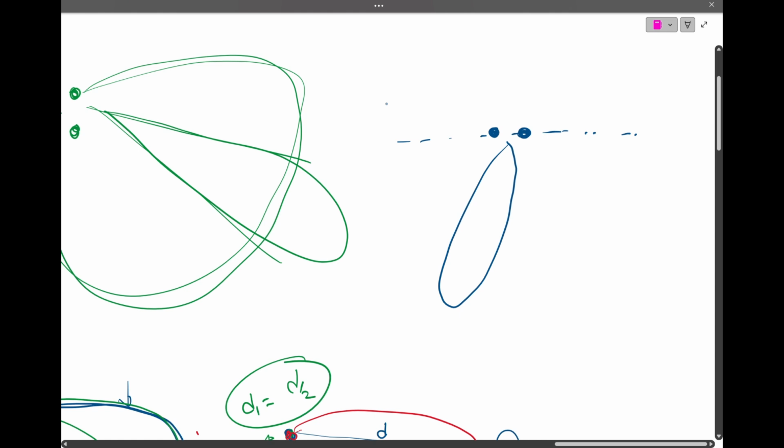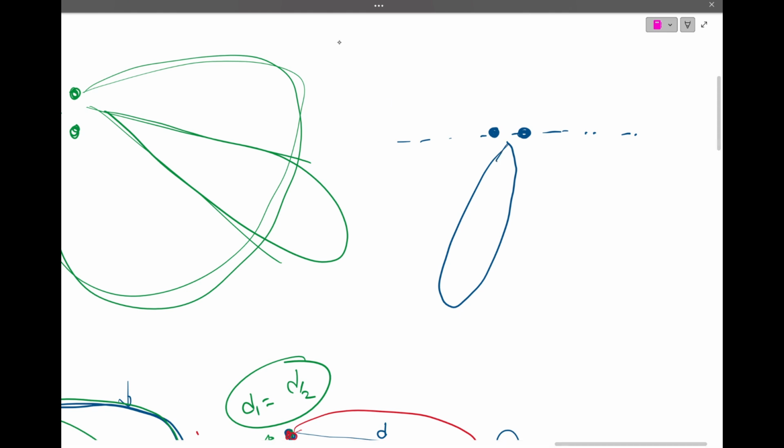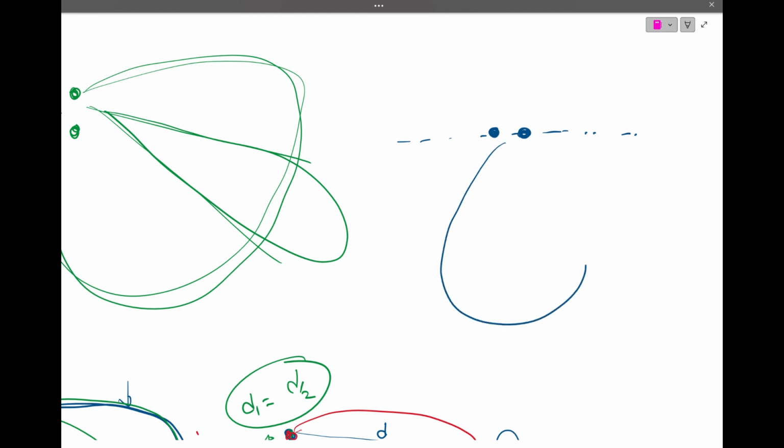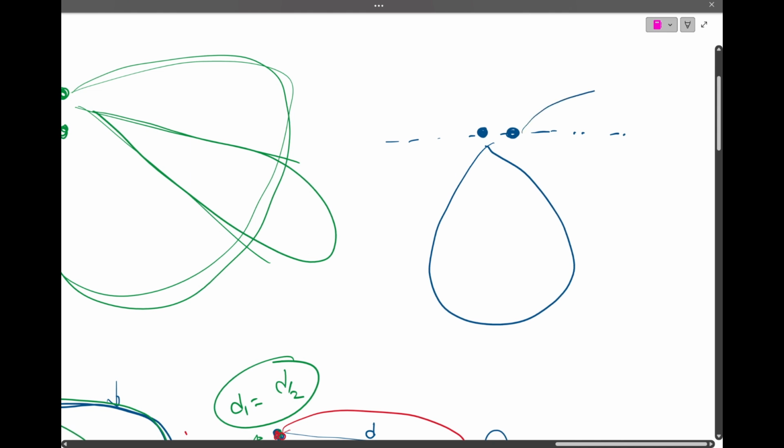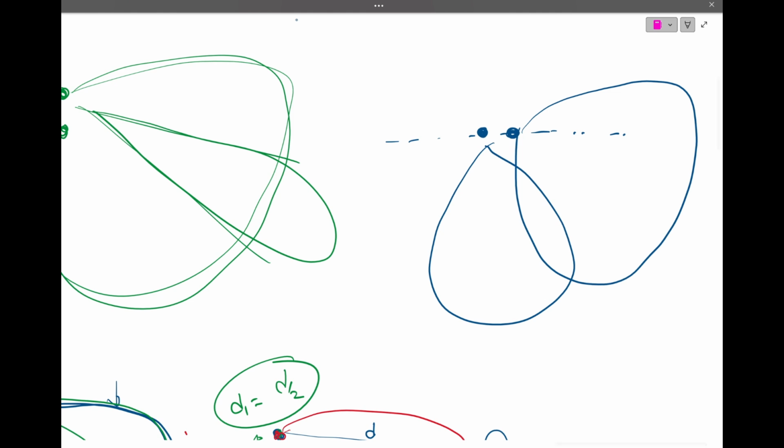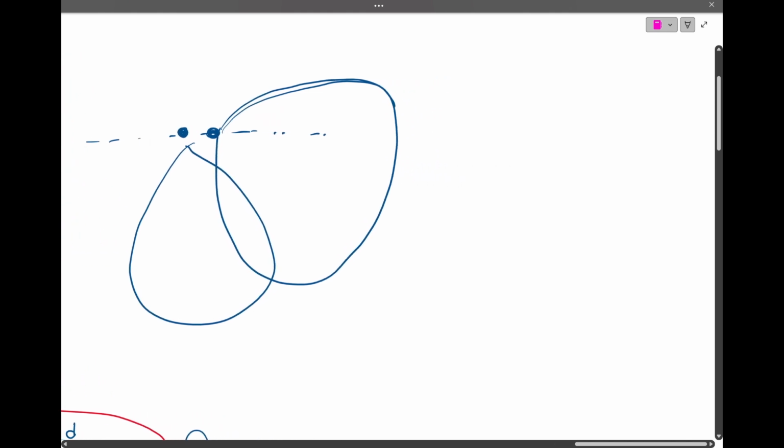It could be like this, or maybe let me just draw like this. On the vertical it will still be a wide beam. So the more antenna elements we add, instead of 2,